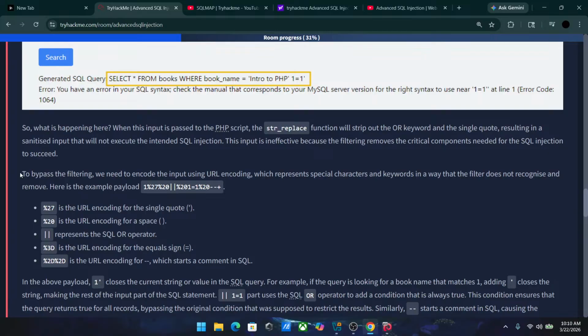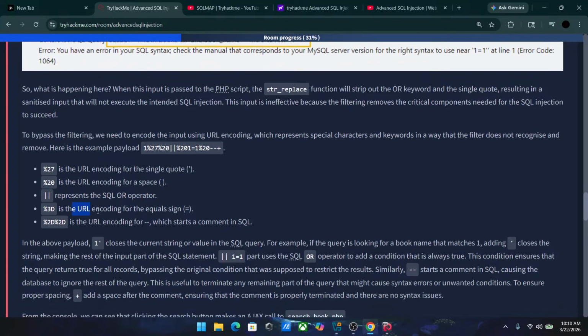To bypass the filtering, we need to encode the input using URL encoding, which represents the special characters and keywords in a way that filters do not recognize and remove. Here is an example payload. This is quotation, this is space, this is or, this is equal sign, this is double